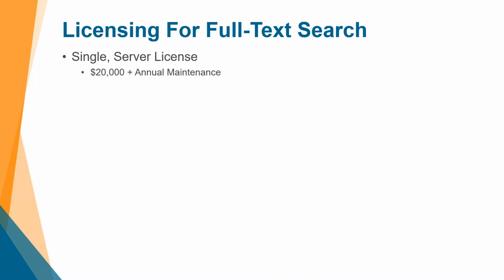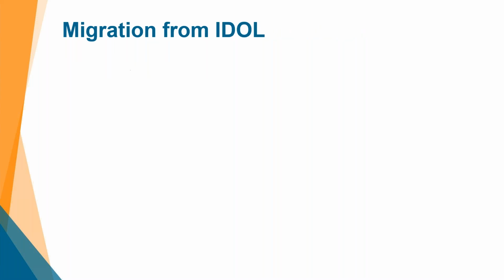You can have as many of your OnBase clients searching across the full text catalogs at any point in time without really any limitation besides your native OnBase client licensing limitations that you might have. So to migrate from the Autonomy IDOL piece, for starters, you get a licensing credit for what you've purchased for Autonomy IDOL. So if you already have Autonomy IDOL, you're going to get a credit for everything that